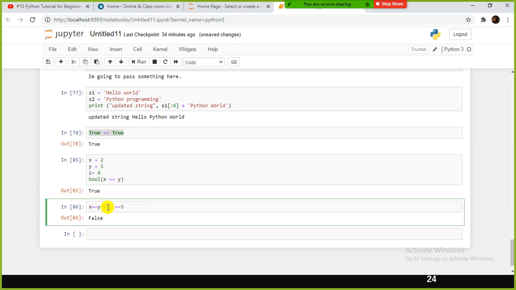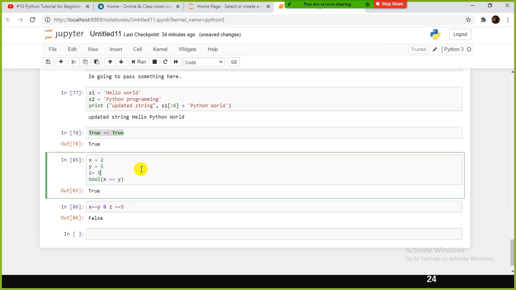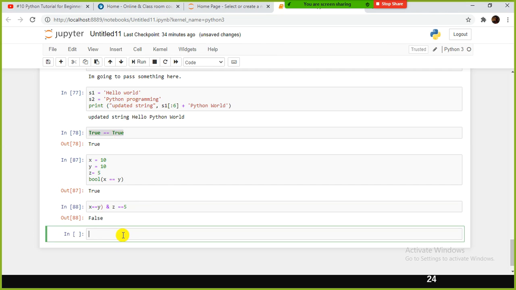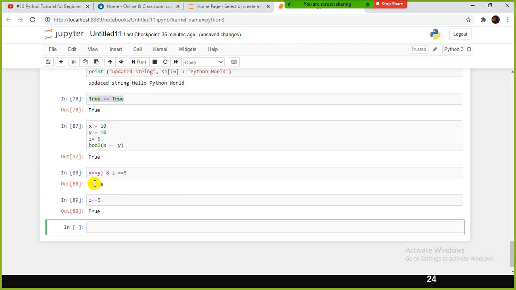We are using and in between, right? So this one should return True and z equal to 5. Z should also be 5, right? It was 5. Yeah, one second. Let me just see here. True and x equal to y and z equal to 5. Then why is it False? Let me do one thing. Yeah, let's do one thing. Z is equivalent to 5. It is True only.